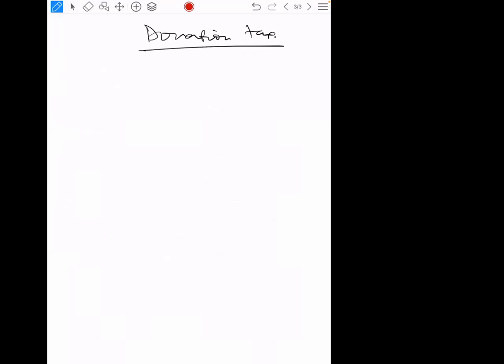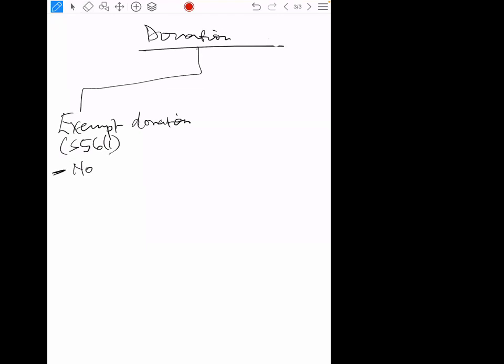Whenever there's a donation, you have to consider if the donation is an exempt donation. If it's an exempt donation, we are saying it is exempt in terms of section 56(1). It means that donation in question is not going to trigger donations tax. So we say no donations tax